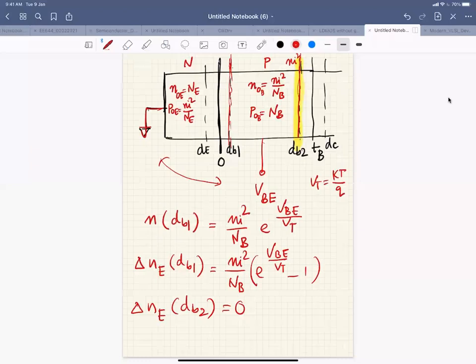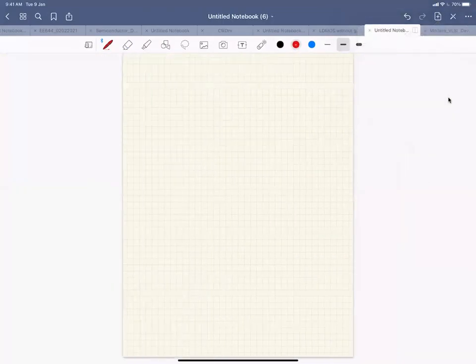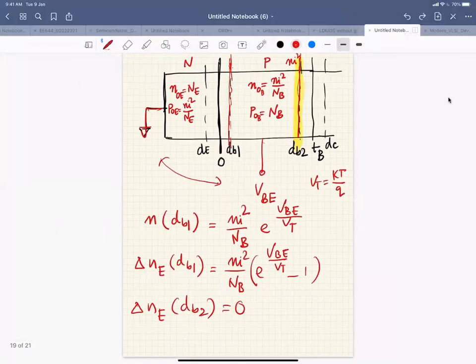So I am putting some electrons in the base from the emitter. The moment these electrons reach the collector, they just evaporate, right? So if you think from the steady state point of view, there are no excess carriers at the collector junction, right? So these are the boundary conditions, right? Then, if you write the continuity equation on this side,